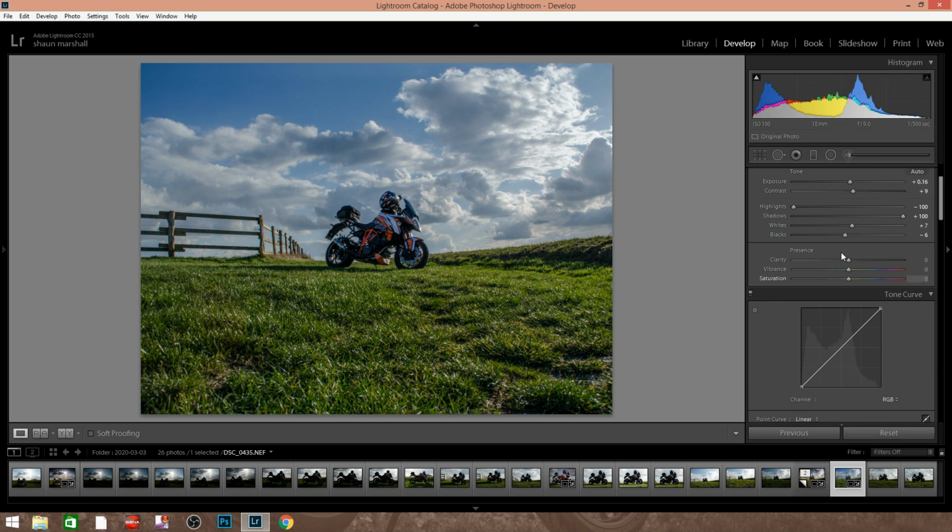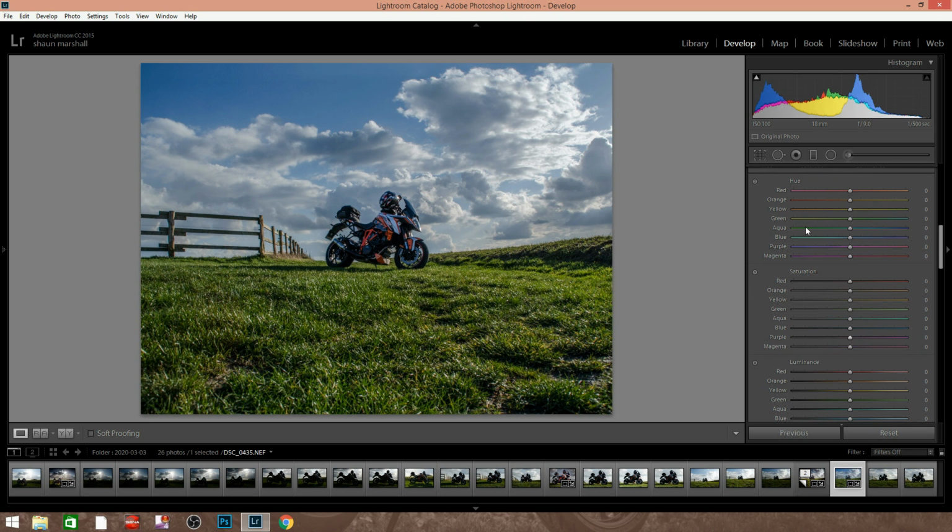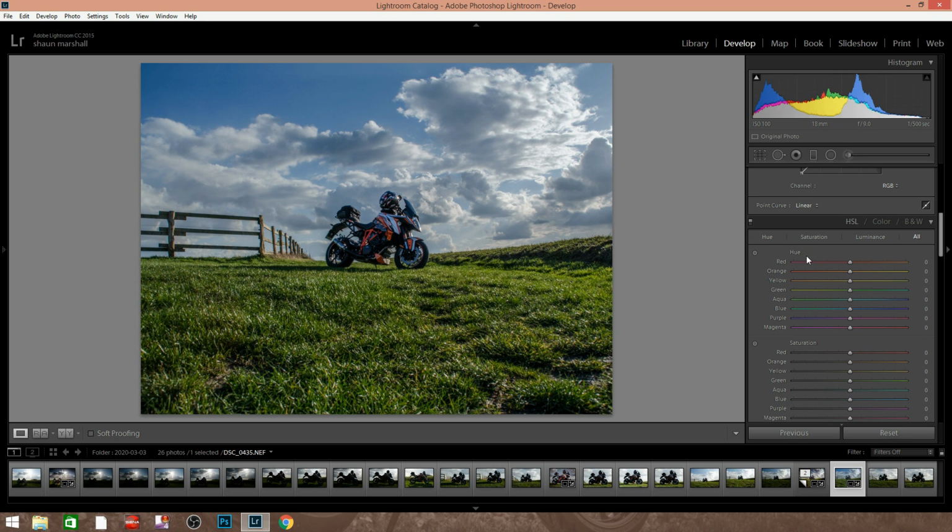Now clarity, this is the next thing I use on the photo. If you up the clarity, this makes it really dramatic. And you see a lot of them online. People always max out the clarity. And again, it looks a bit unnatural. So just add a bit of clarity in there. Nice. So vibrance and saturation, I tend to leave alone and come down to here, which is our sort of